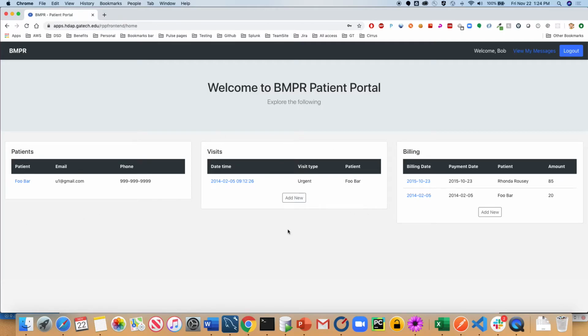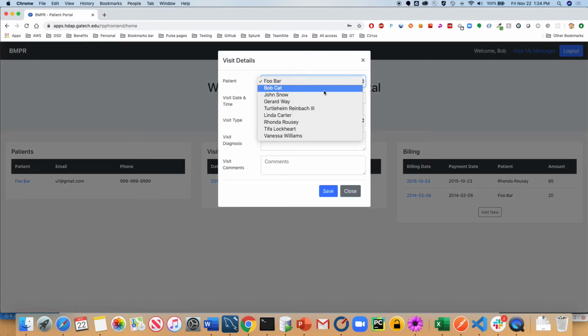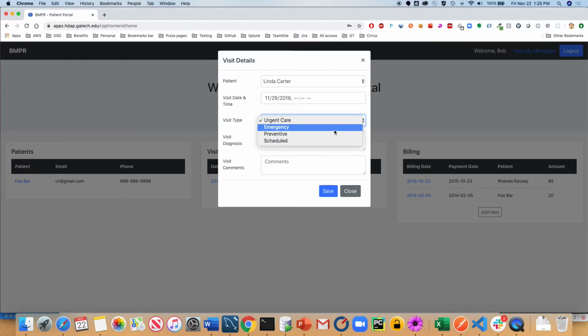The second feature for the doctor is visit. When someone calls the doctor's office and wants to visit the doctor, they can go to this portal, click on add new, and add visit details. So here it will show the doctor the list of patients registered with this portal. So let's say that Linda wants to visit the doctor on 29th of November for a scheduled visit, with some diagnosis,